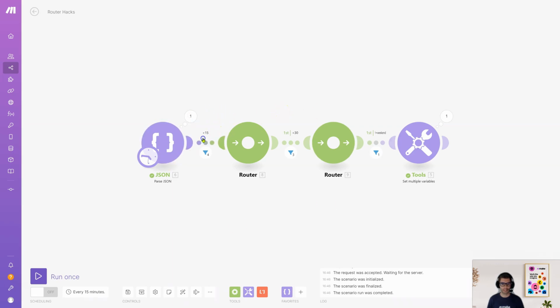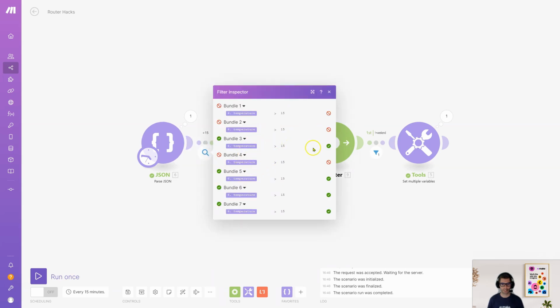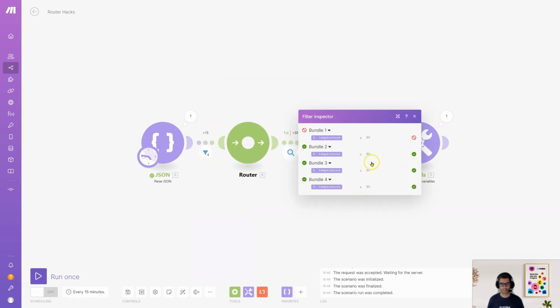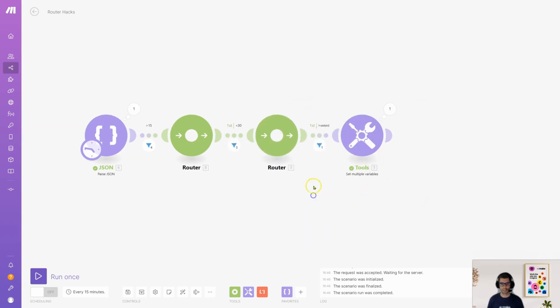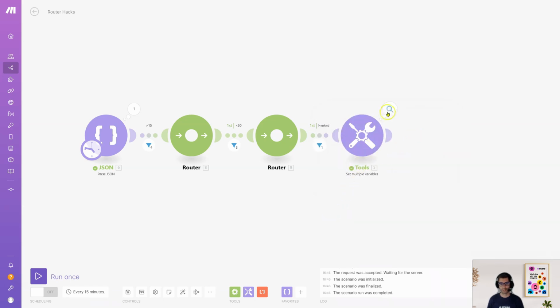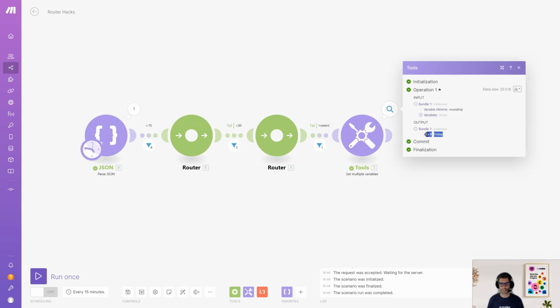Now I have one rule here, right? And I can see easily which bundles pass just this rule. Then from those 4 bundles, I can easily tell which met this new condition. And then finally, from these 3 bundles, I can easily tell which met the condition which we established, that we don't want to get any weekend days. And of course, as I said, the result is still the same,